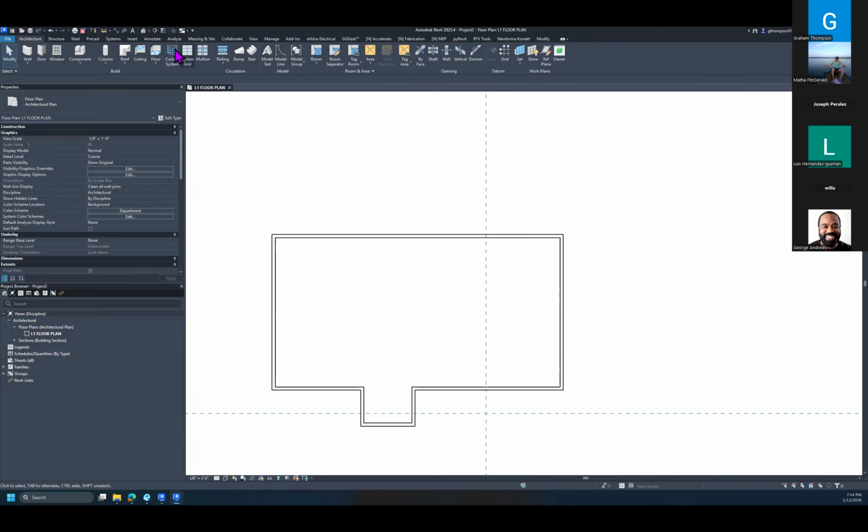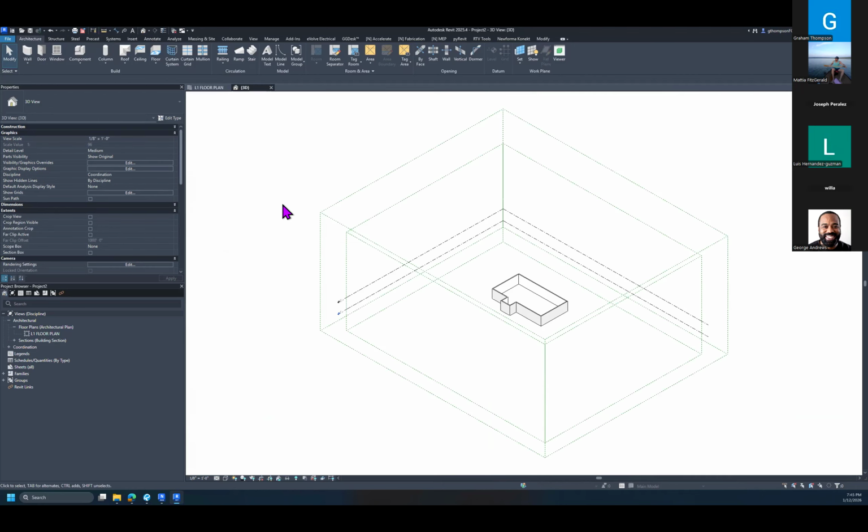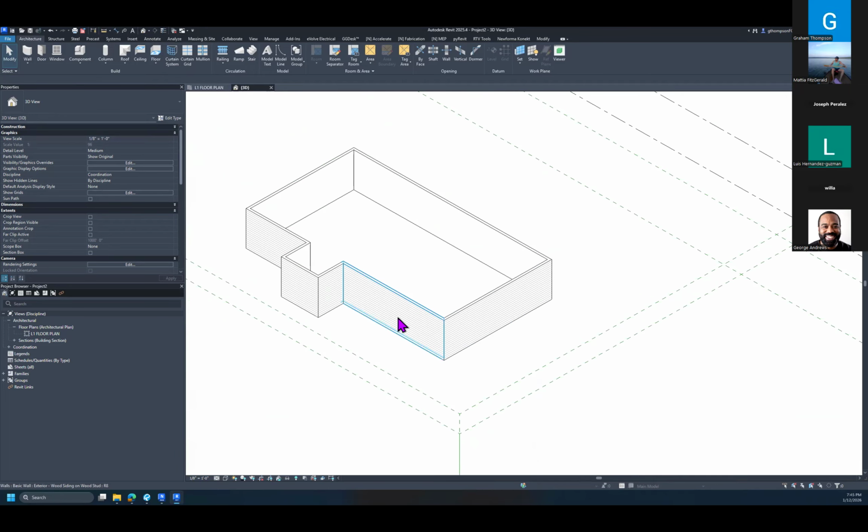So if I come up here, there's this little thing up here, it looks like a doghouse or a little house. If you click that button, it will open up a brand new default 3D view. And I'm going to go ahead and click it. And you can see there's some stuff in the outlines, and yes, we can get rid of that. I'll show you how to do that at a later date. But you can see